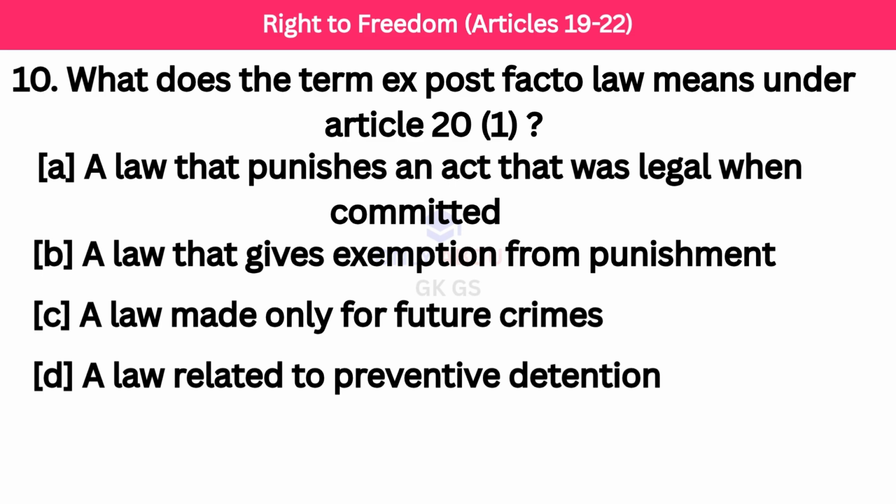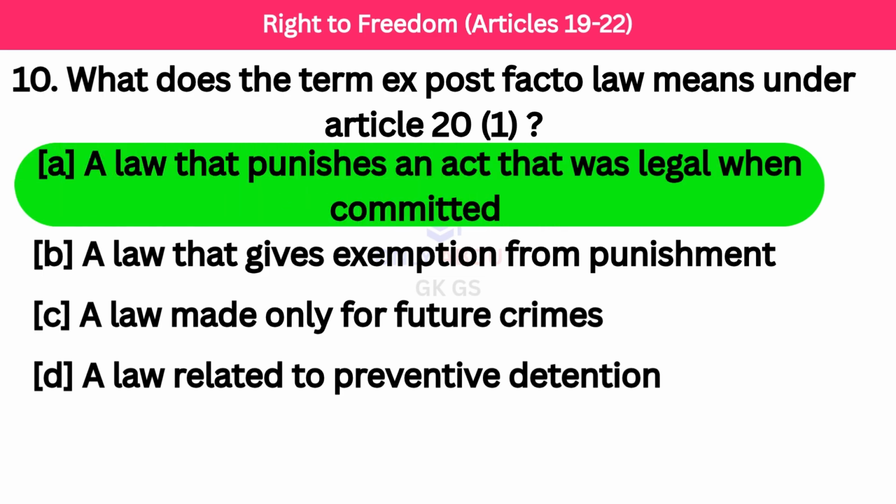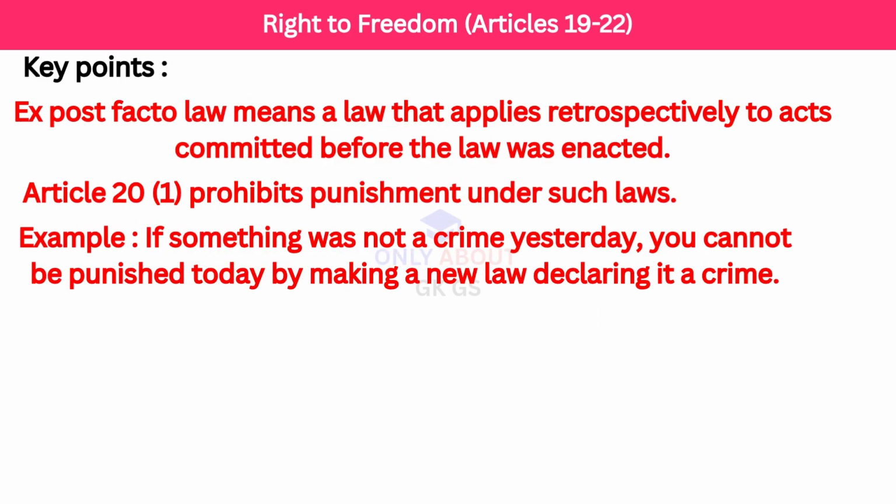Next question. What does the term ex post facto law mean under Article 20 Clause 1? Correct answer, a law that punishes an act that was legal when committed. Key points. Ex post facto law means a law that applies retrospectively to acts committed before the law was enacted. Article 20 Clause 1 prohibits punishment under such laws. Example, if something was not a crime yesterday, you cannot be punished today by making a new law declaring it